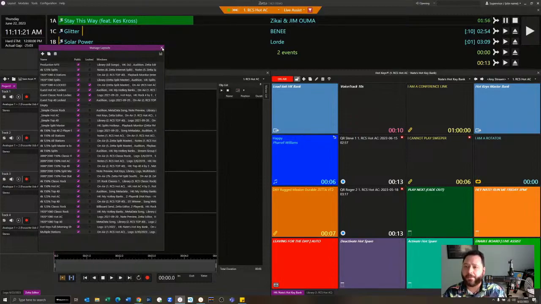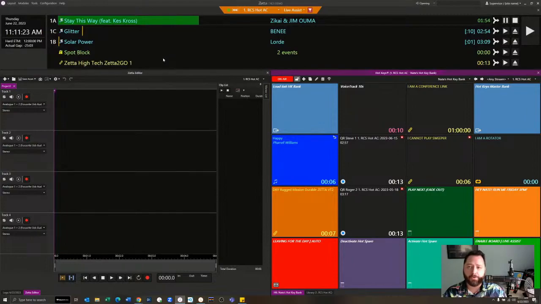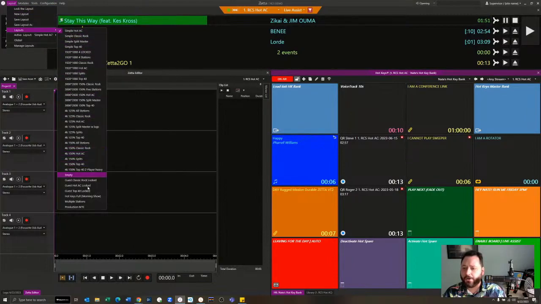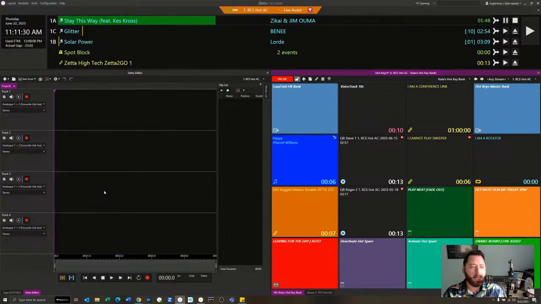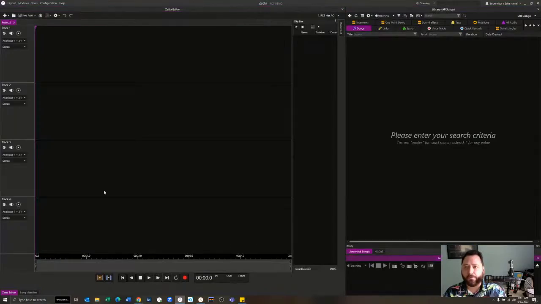And so then at this point in time, if I wanted to swap to a different layout, right? Let's just say I wanted to go to something like, you can see here, a production layout. This was a layout that I had for one user that was a production director, and this was actually his layout, the way he liked it. So you can see here, it starts off with a very large multi-track editor. It's got the library here on the right-hand side. It's got the audition in the bottom left to preview any songs. And then he has a sub tab here